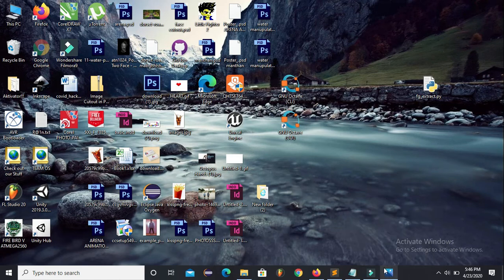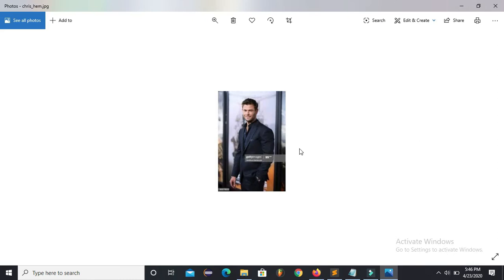Here is an image, see this. If you want to remove the background and extract this person, we only want to display this person, and we do not want this background. We want the background to be blacked out, and only this person should be shown in the image. This is termed as foreground extraction.